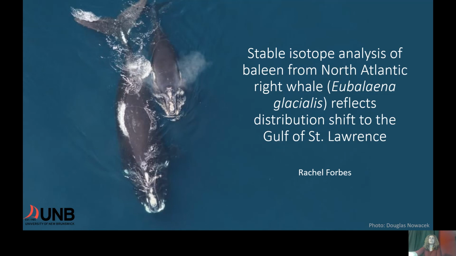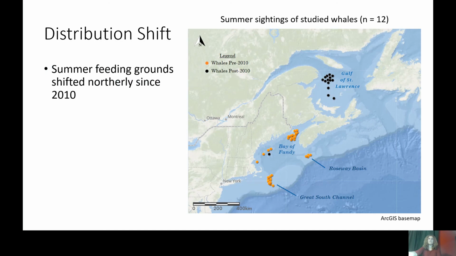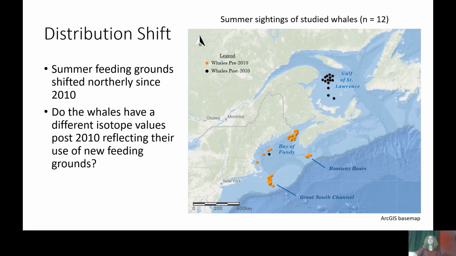I will be presenting my honors research on how stable isotope analyses of baleen plates reflects the right whale distribution shift to the Gulf of St. Lawrence. So in the past decade, right whales have shifted their northern summer feeding grounds from the Bay of Fundy to the Gulf of St. Lawrence. And we want to know if this distribution shift is reflected in their seasonal and annual diet by using